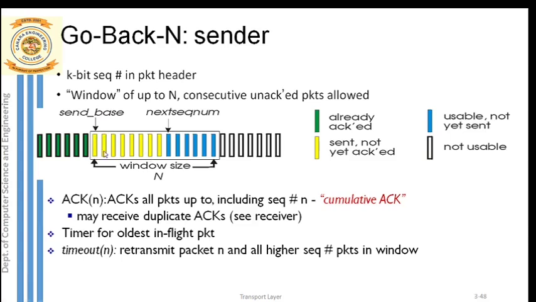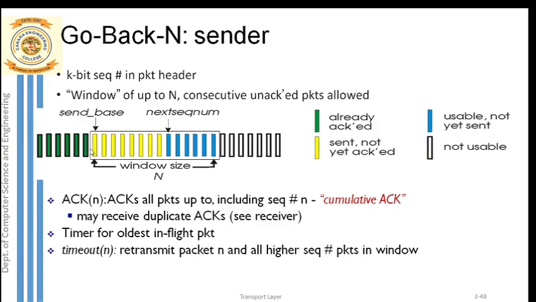So what is the oldest packet sent? The oldest packet sent is this first yellow packet inside the window. This was the first packet sent, for which the base is pointing. Immediately after the acknowledgement arrives for this first packet, the base will be pointing to the next yellow packet here. And remember, the window also will slide by one position.